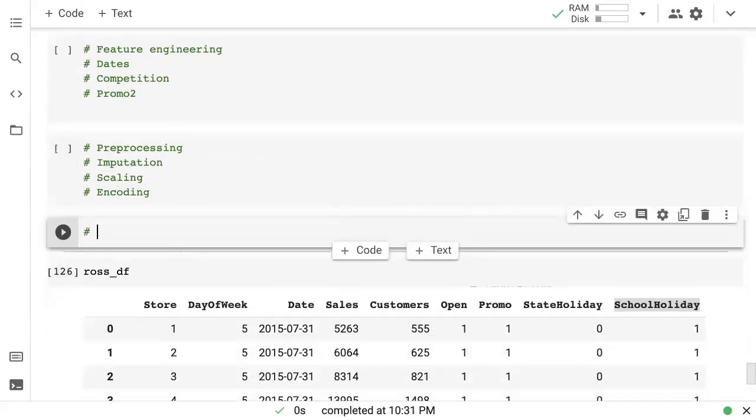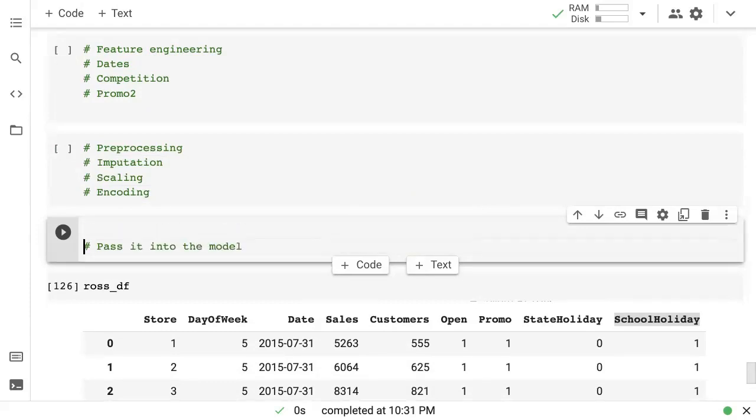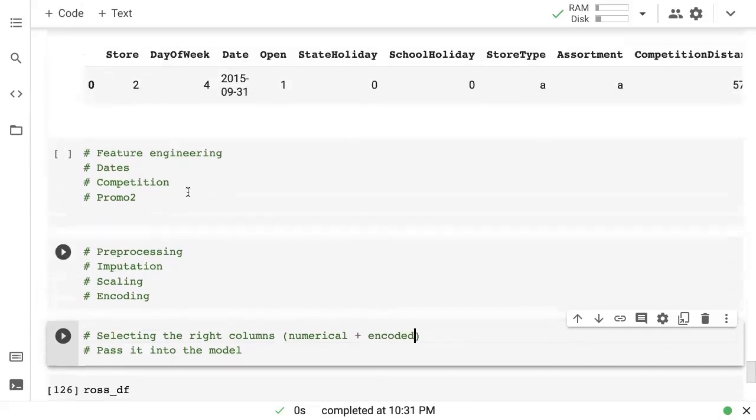Then you can pass it into the model. Of course, only after selecting the right set of rows. Selecting the right set of columns, which is just the numerical plus encoded columns. Okay. It's always good to just write this out, and then it becomes a lot easier to actually do it.